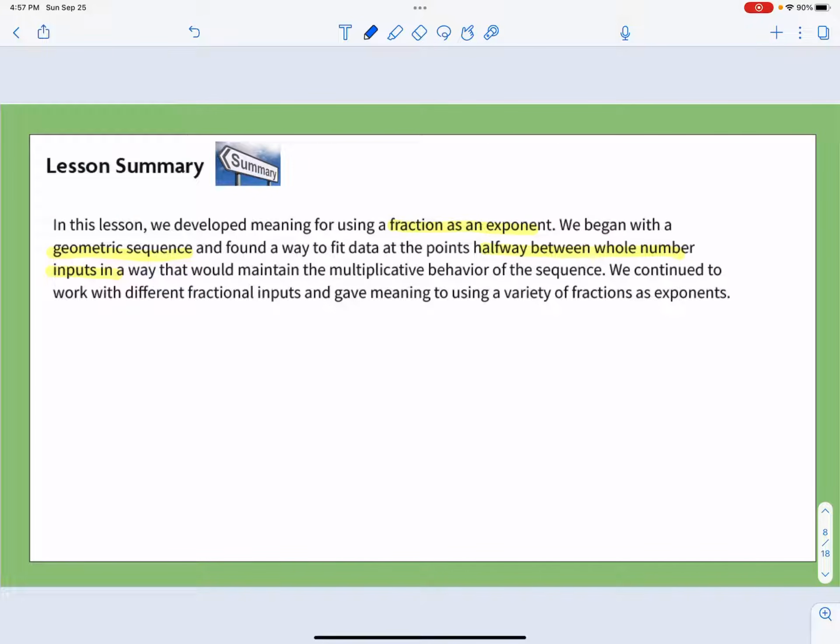In the past, we knew that something like 2 to the third power was the same as 2 times 2 times 2. What today's lesson was really talking about was, what if I have 2 to the 1/2 power? What does that mean? Today we learned that actually means the square root of 2. We could justify that by saying, what is 2 to the 1/2 power? It means if I know that